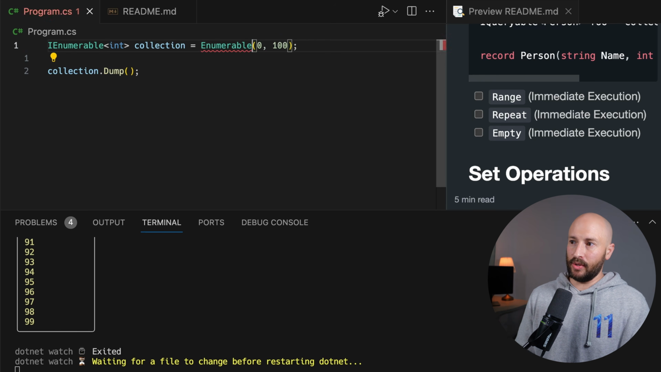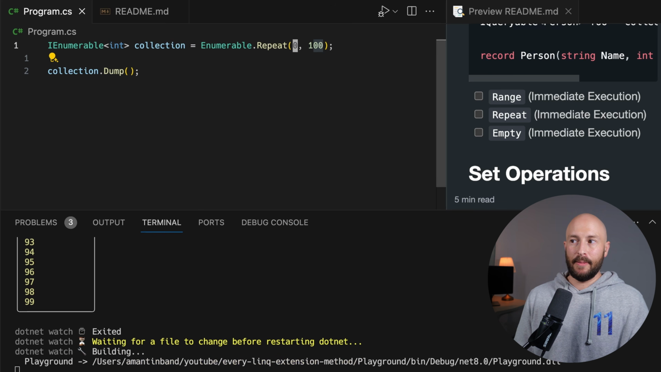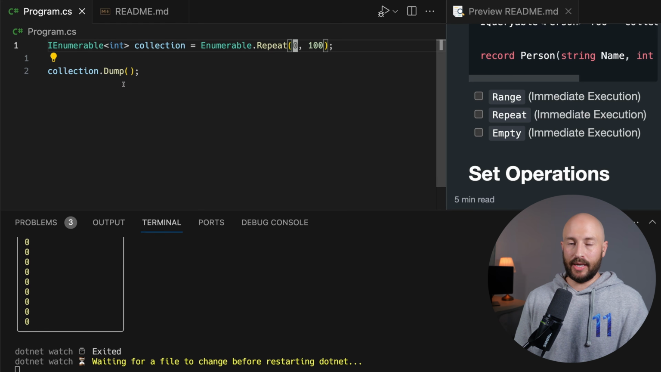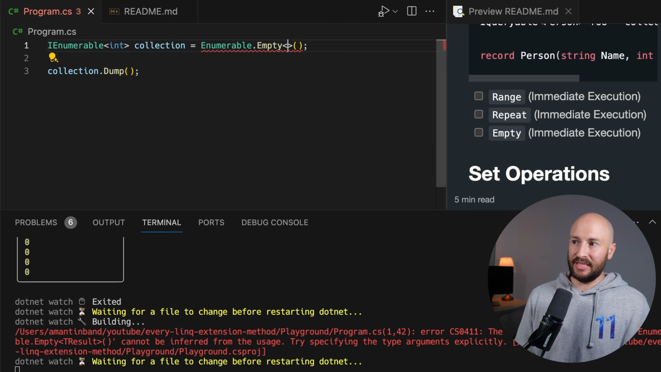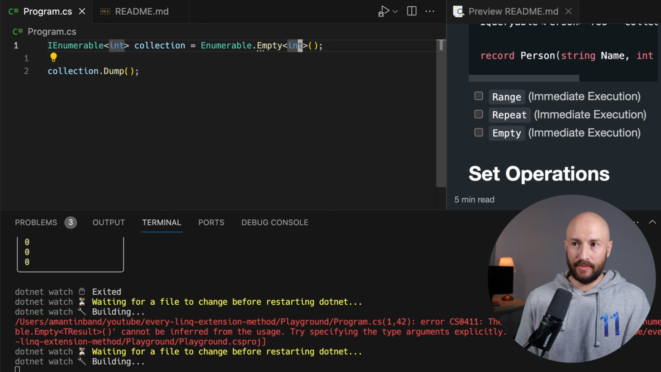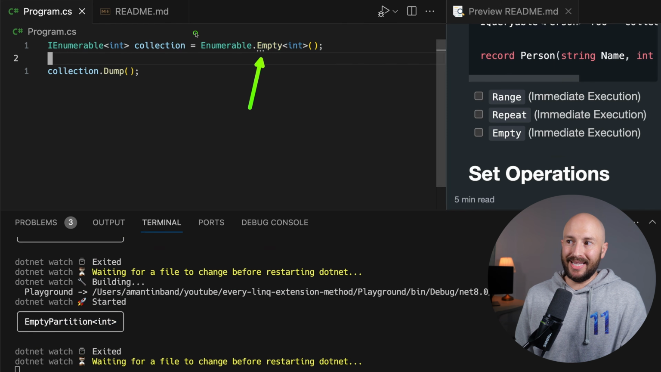Repeat is very similar. We can say Repeat, and Repeat will simply repeat this value 100 times. So we get 100 zeros. If we don't want anything, then we can say Enumerable.Empty. And of course, we need to specify the type over here. So let's say that it's an integer. And this will create an empty enumerable